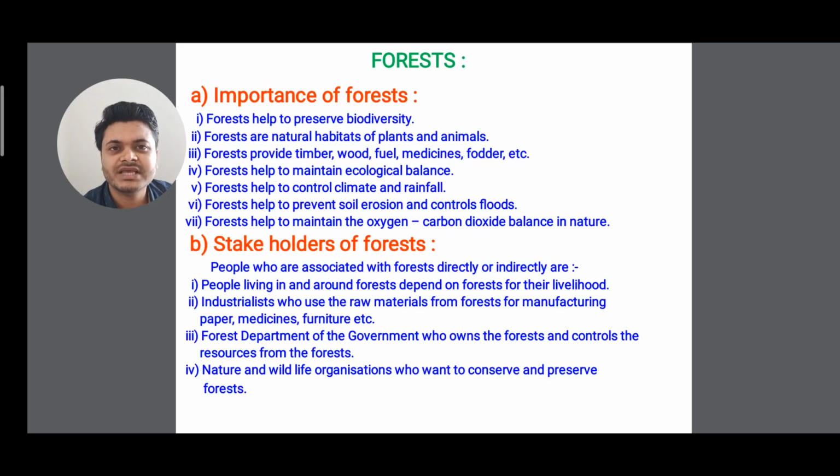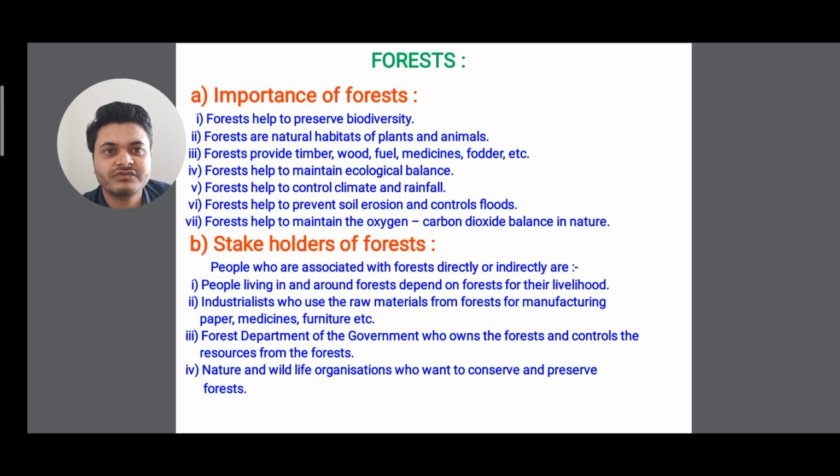So there is an ample amount of importance of forest. We can gain many things from forest. If we plant more trees, if afforestation is done, then they can supply more oxygen that we can take. Because we know that plants do photosynthesis and in the process of photosynthesis oxygen is evolved. So we can take the oxygen.